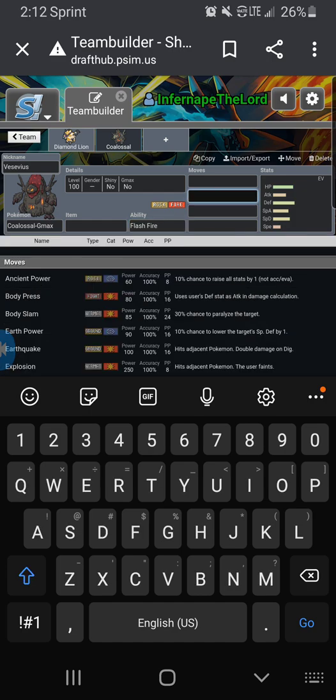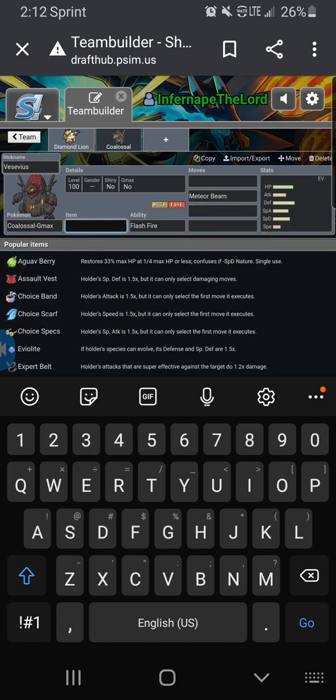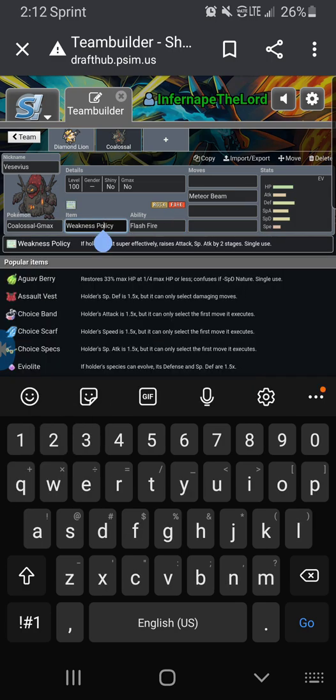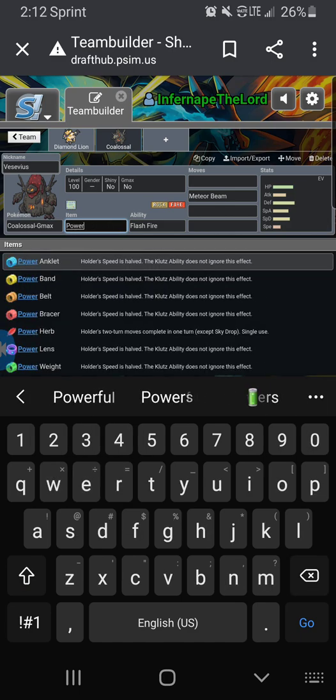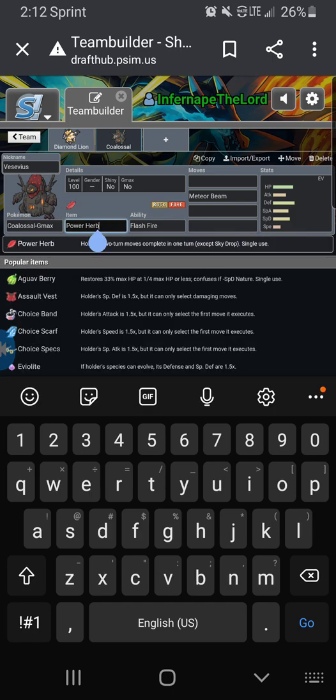This thing's got some really cool moves. Meteor Beam, that's a pretty cool move. The main thing I'm probably going to use on this is either a Weakness Policy or a Power Herb. And I already mentioned what the Weakness Policy does, but if you don't know what the Power Herb does,